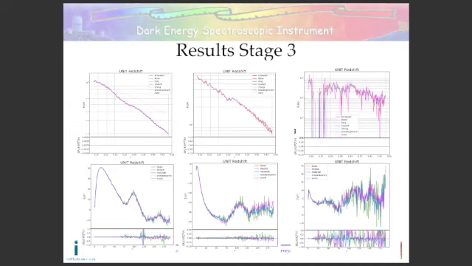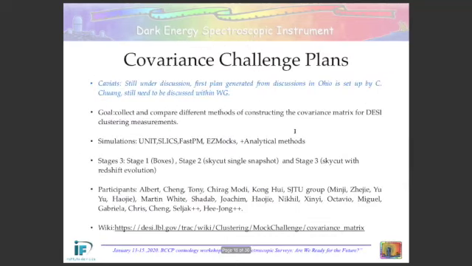The idea is that after this exercise, we will have all the calls cross-validated, and we will be able to go to the next stage. From the next stage, we are going to go to the fitter part. But for performing a fit, we need the covariance. And one of the points discussed since the Ohio meeting was the covariance challenge. This is something that is pretty much under discussion now.